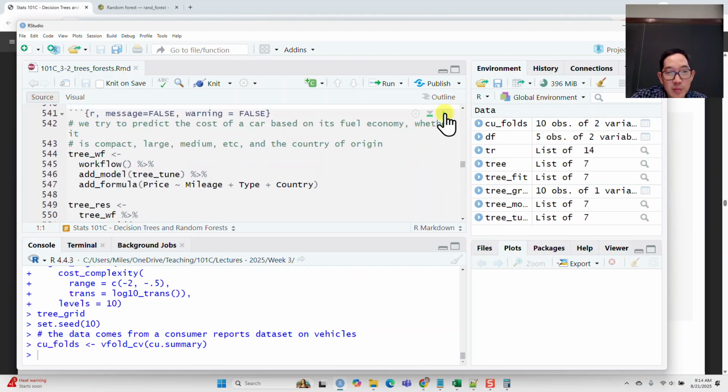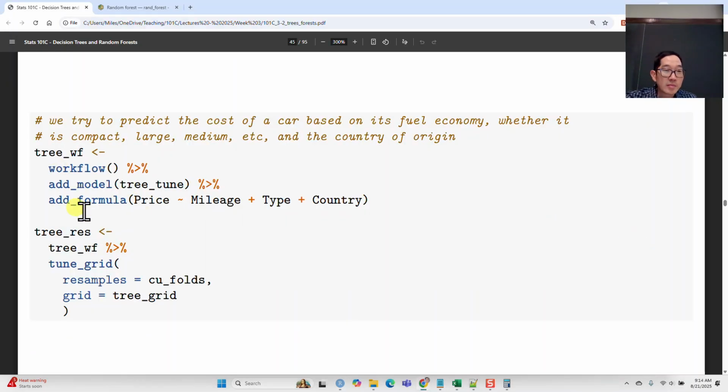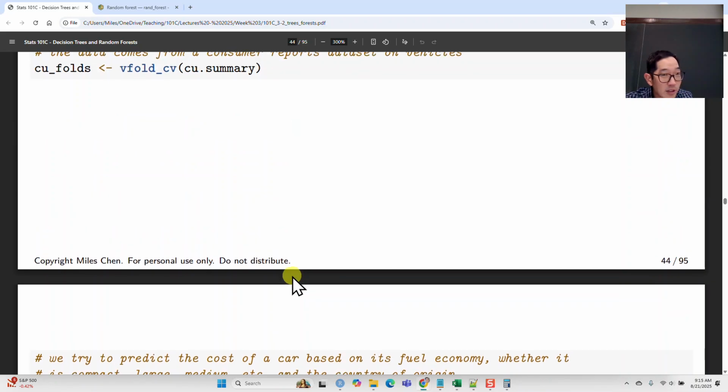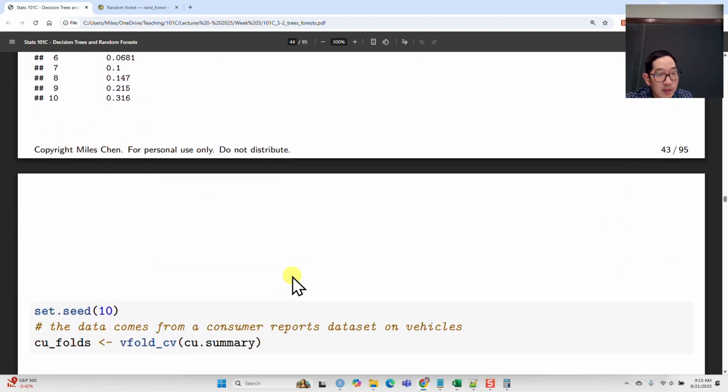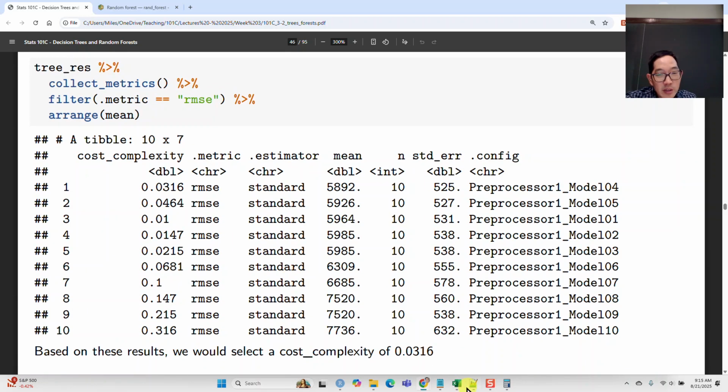Okay, so this is going to be my workflow, and then I'm going to run that workflow onto the grid. Okay, this is going to basically fit the model using the tenfold cross-validation and using the different complexity parameter values from the tree grid. And so the results here are gathered